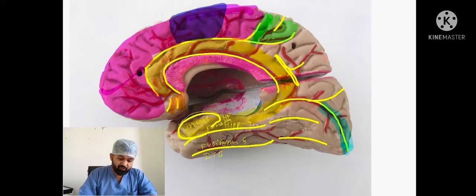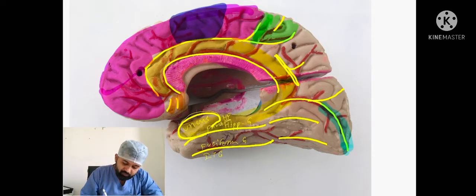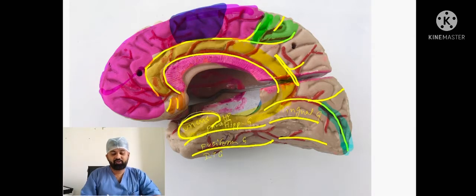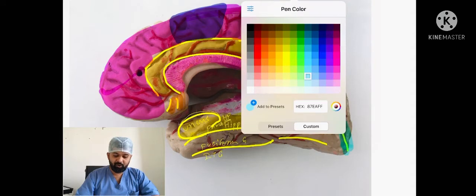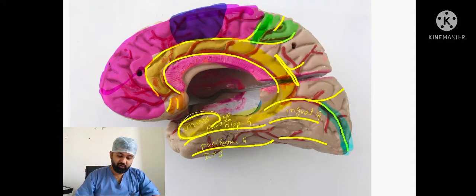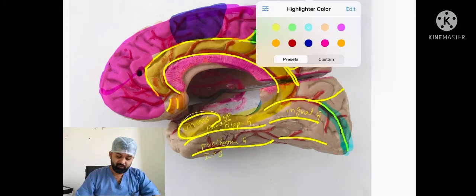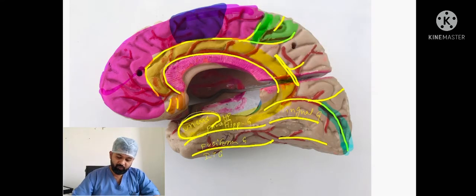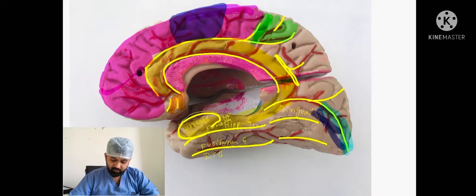The hippocampus also extends posteriorly into the occipital pole, and this gyrus is known as the lingual gyrus, which then extends into the occipital pole. As we saw, around the calcarine sulcus we have the primary visual area. So in the part of the lingual gyrus around the primary visual area we will have the visual association area, or the secondary visual areas. So these are the visual association areas.